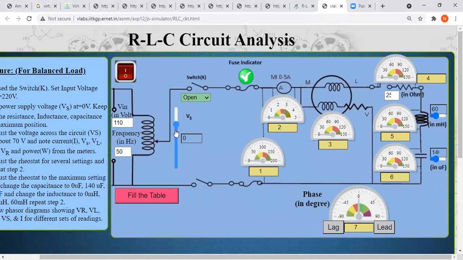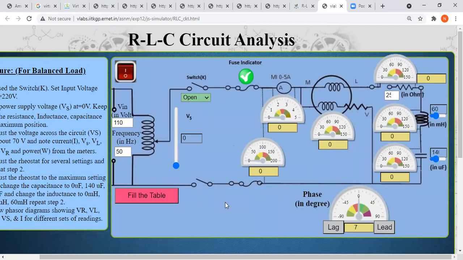And this one is the variac that we have seen in the circuit diagram, that is to vary the AC supply. So this one is the slider used to vary the AC supply. This is the VS, meaning the source voltage, and this is the switch. Firstly, we have to close this switch to get all the readings. Then this is our voltmeter that is connected in parallel. This shows the ammeter. This shows the wattmeter. And this is the resistance, inductance, and capacitance. Then it also gives you the phase, that is, whether leading or lagging phase is there.